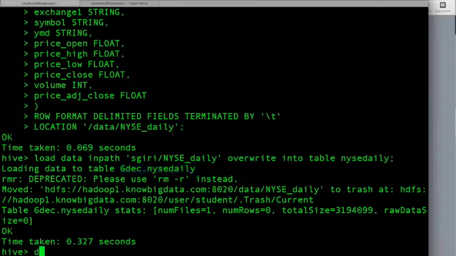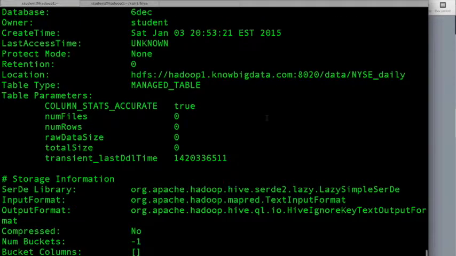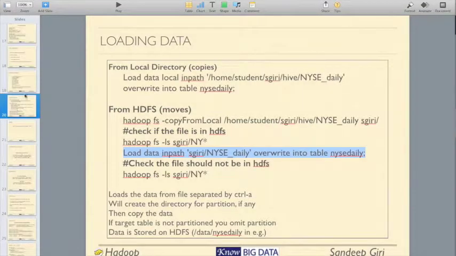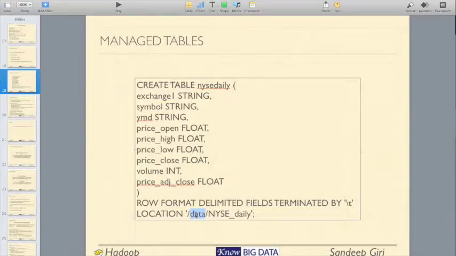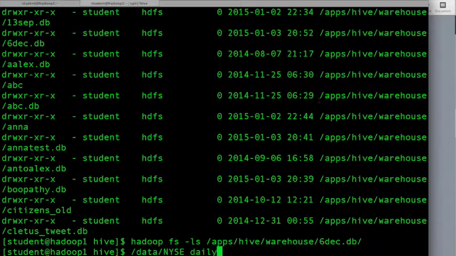Let me have a look at it. Describe formatted. Describe formatted, and I say NYSE daily. It should tell me where exactly. So it is showing me that the data, oh right, this time because we had mentioned the location of the data is going to be this, so our